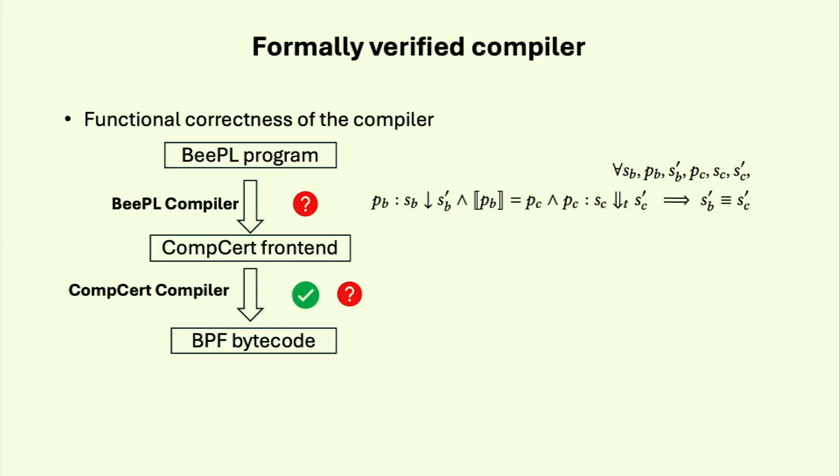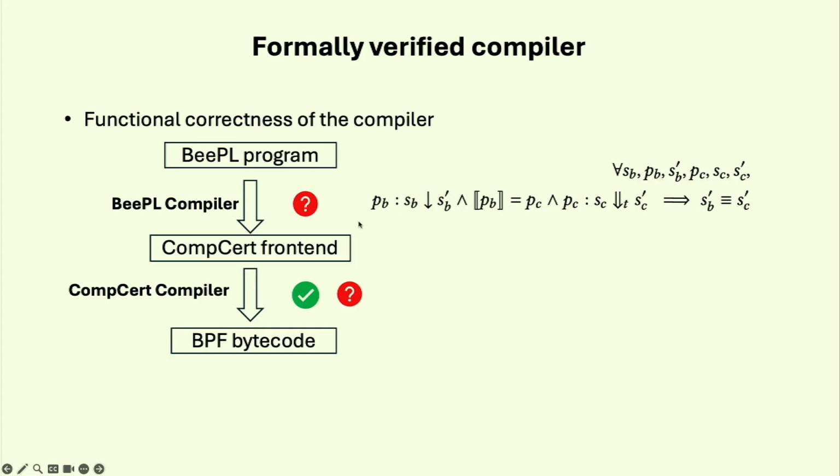For the CompCert part, CompCert is already proved to be functionally correct, but because we have to extend CompCert to produce BeePF bytecode, we also need to extend the functional correctness proof in that part. But for the BeePL compiler, we need to write the proof in Coq, which can be shown using this theorem,